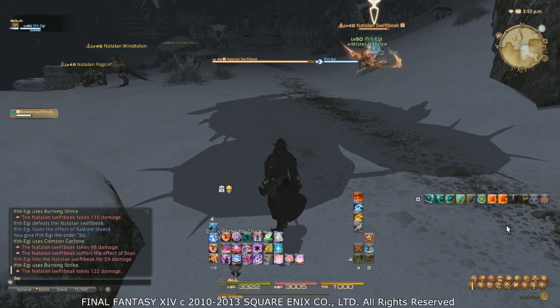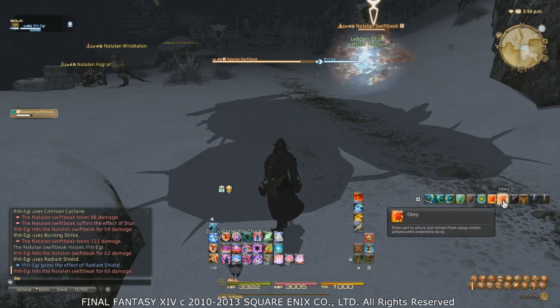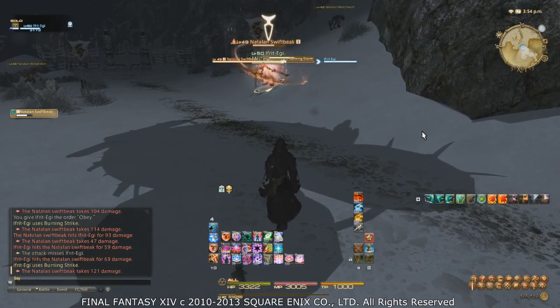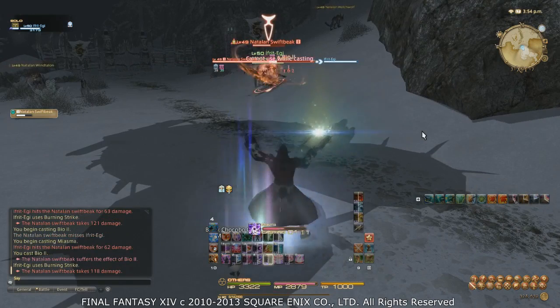So he did a stun anyway. He did that anyway. Is he gonna do Flaming Crush anyway? He's just doing all his cooldowns, so he totally didn't listen to me. I don't know, maybe he has to be in battle first. That's the thing, the pet commands are really finicky at the time, and they definitely need some work before Summoner